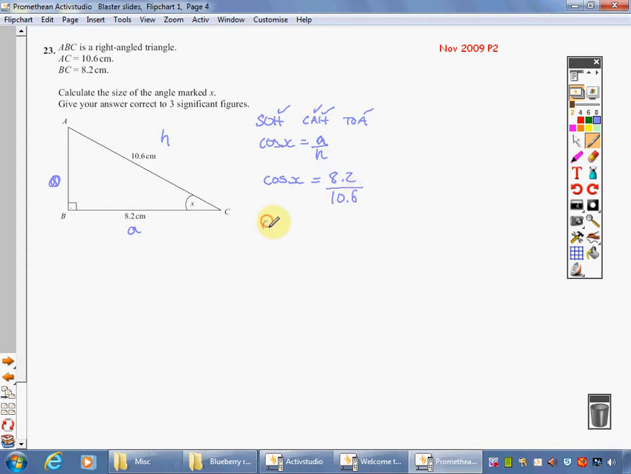So on my calculator, inverse cos, or second function cos, will get you there. 8.2 divided by 10.6. Make sure you close that bracket on your calculator when you type it in. And if you do that on your calculator, you'll get